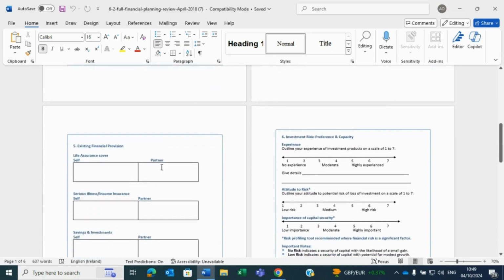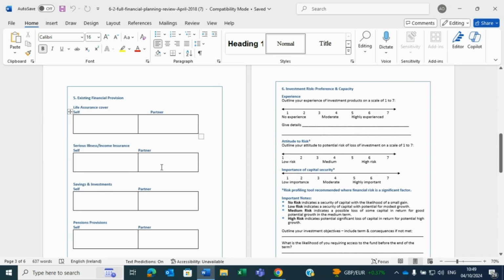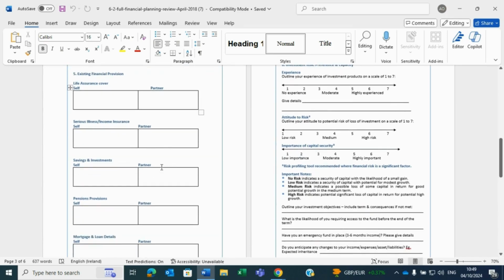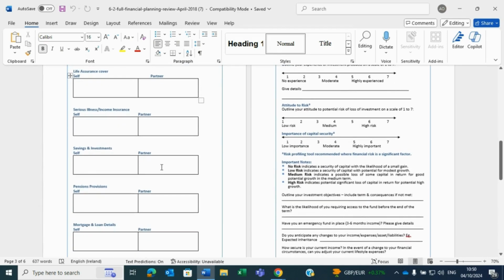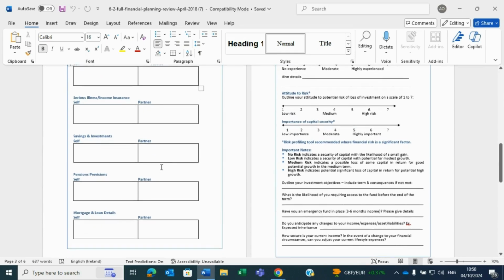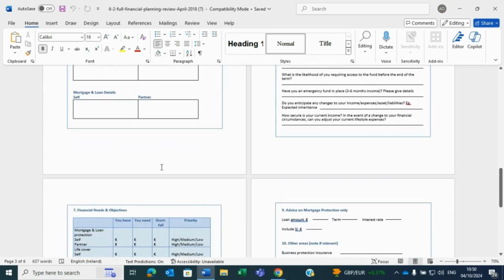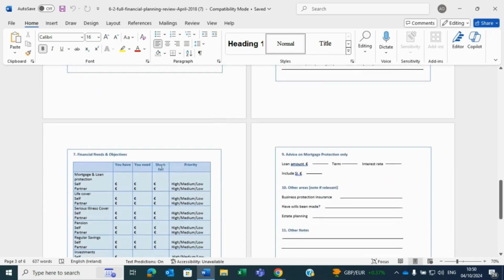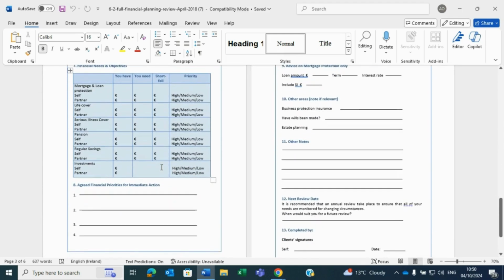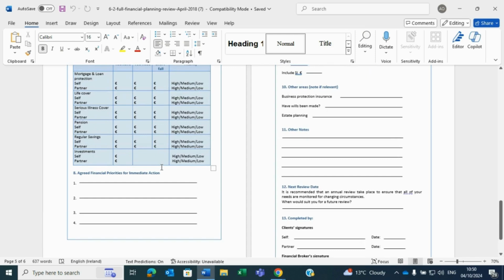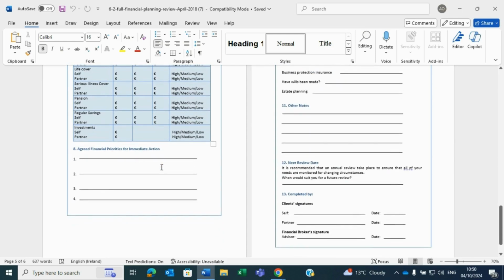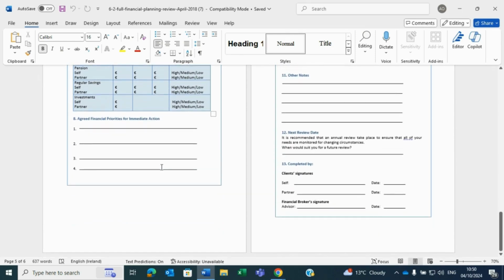Where a consumer refuses to provide relevant information sought within the fact find, a broker must inform the consumer that unless they have the relevant information necessary to assess suitability, they cannot offer the consumer the product sought. A broker must have the consumer certify the accuracy of the information it has provided within the fact find, either through a signature or email confirmation that they are happy with the accuracy of the documents. At the policy review stage with consumers, brokers should ensure that the information is still accurate and record any changes from the previous fact find completed.